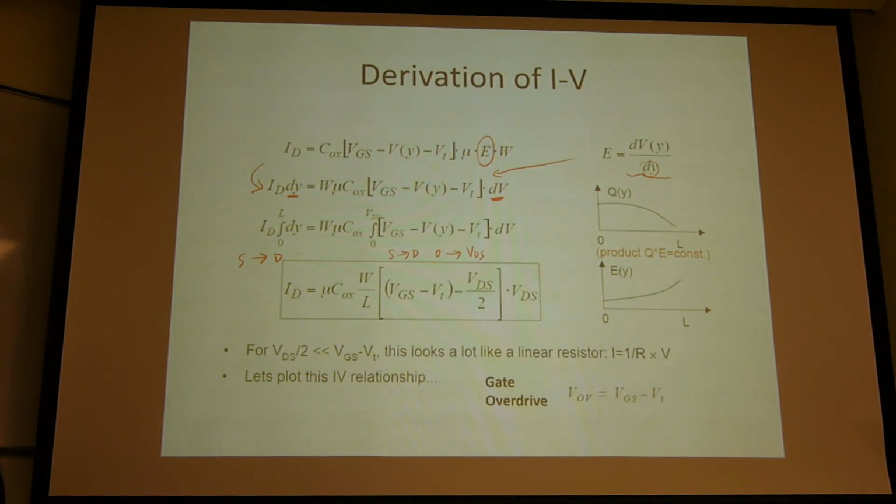And the distance changes from 0 to L. So that's why you integrate those here. When you integrate from the source to the drain, the distance will integrate from 0 to L, and the voltage will integrate from 0 to VDS. So if you do this integration on both sides, then you will get the